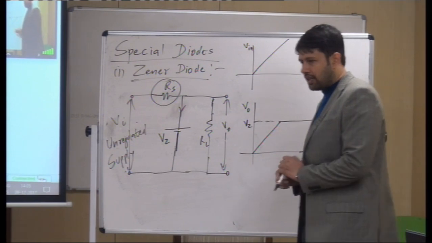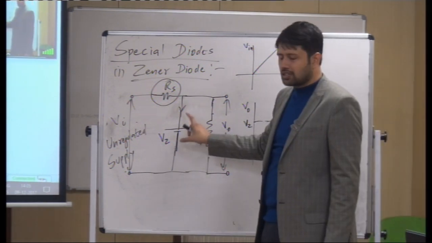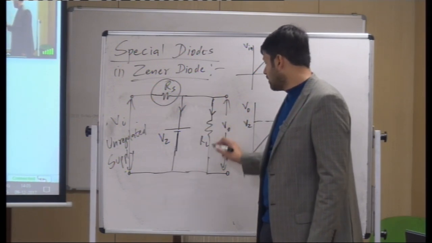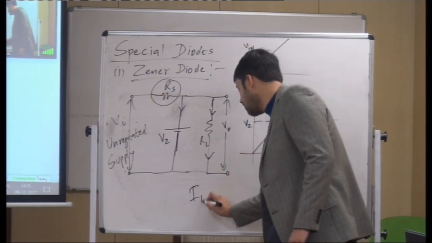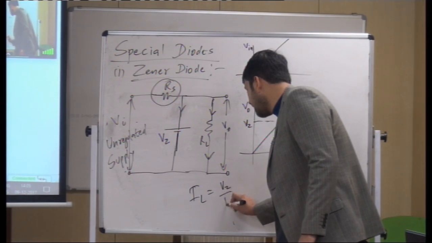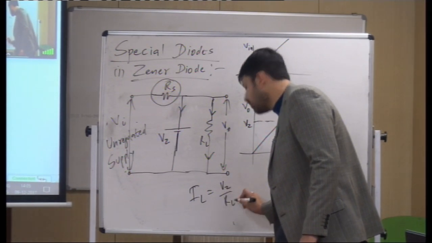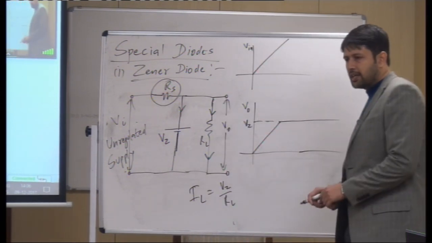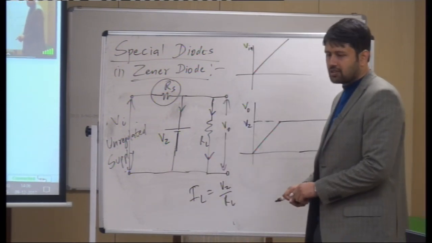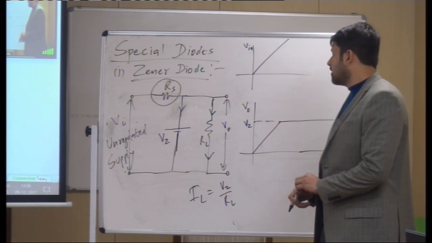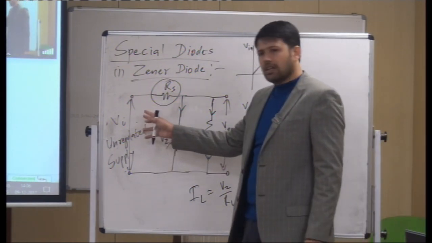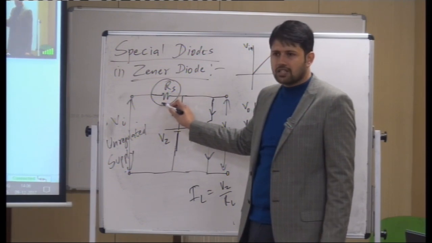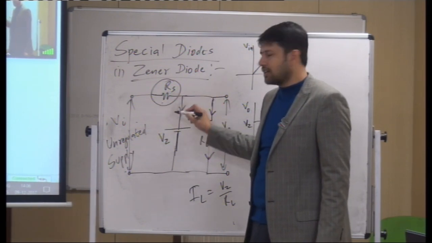You can understand, since the output is constant, the current through the load resistance, I load, would be Vz by RL. Can you understand this? So the current through the appliances would remain constant, right? Because the output remains constant. So if the input continues increasing, this handles the extra voltage, while the extra current goes through